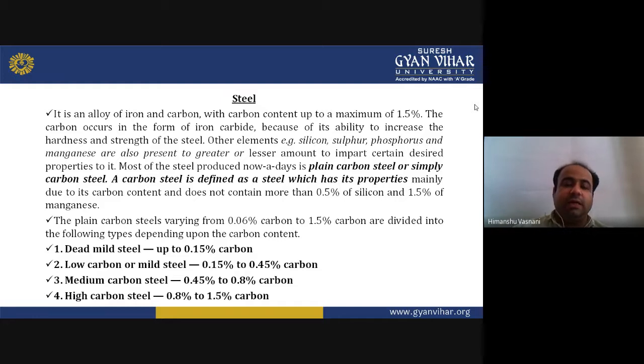Now the steel, a very important ferrous metal that is used in the commercial and domestic field, very commonly known by people and with wide applications in industry. So let's talk about it. It is an alloy of iron and carbon with carbon content up to a maximum of 1.5%. The carbon occurs in the